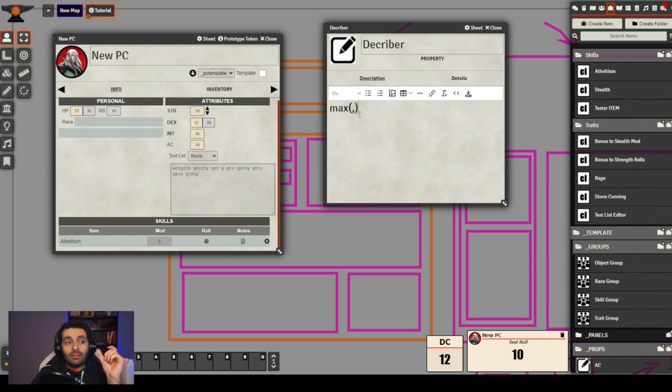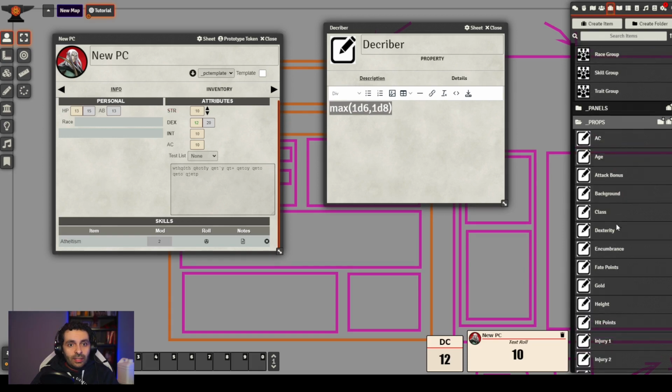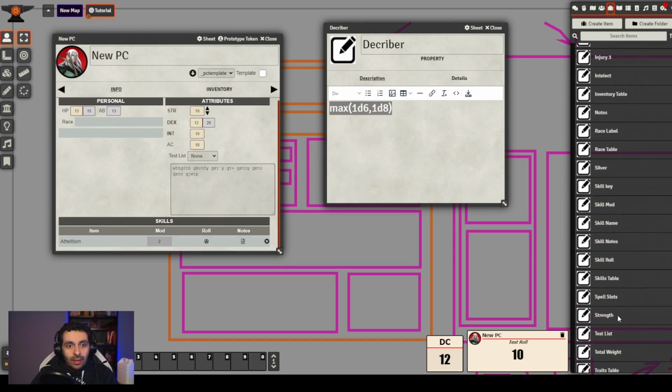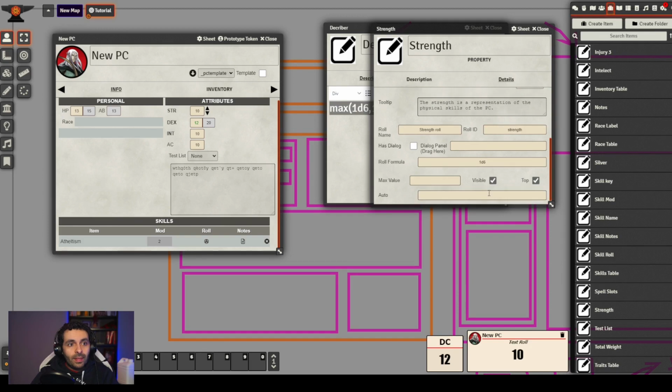Max returns the maximum value between a number of values that must be separated by commas. So if I use max 1d6 and 1d8, and I use this for the strength roll, let's see what happens.